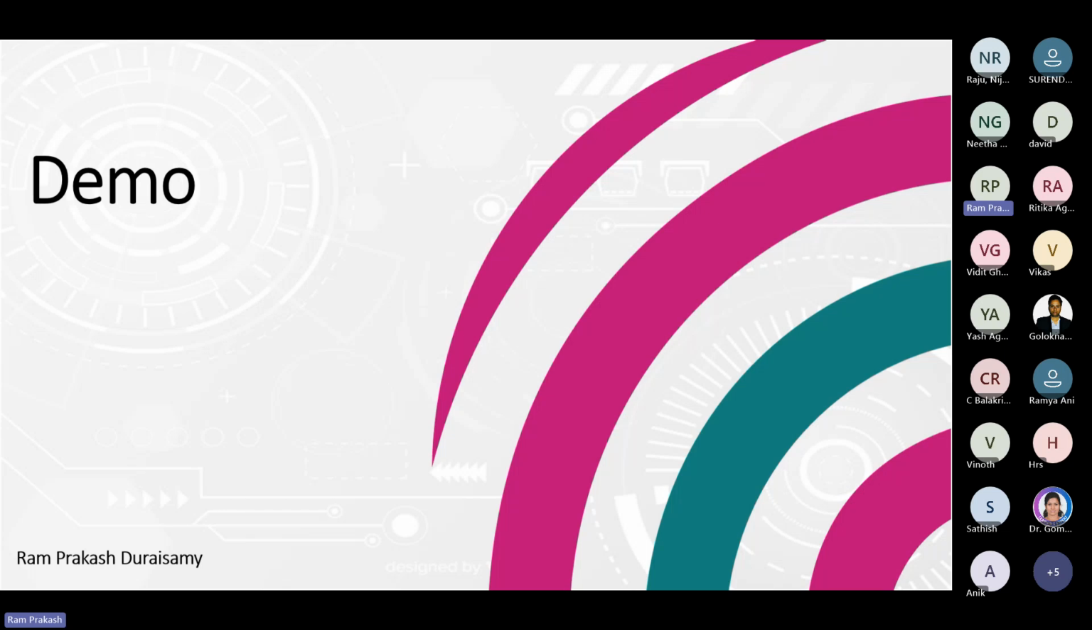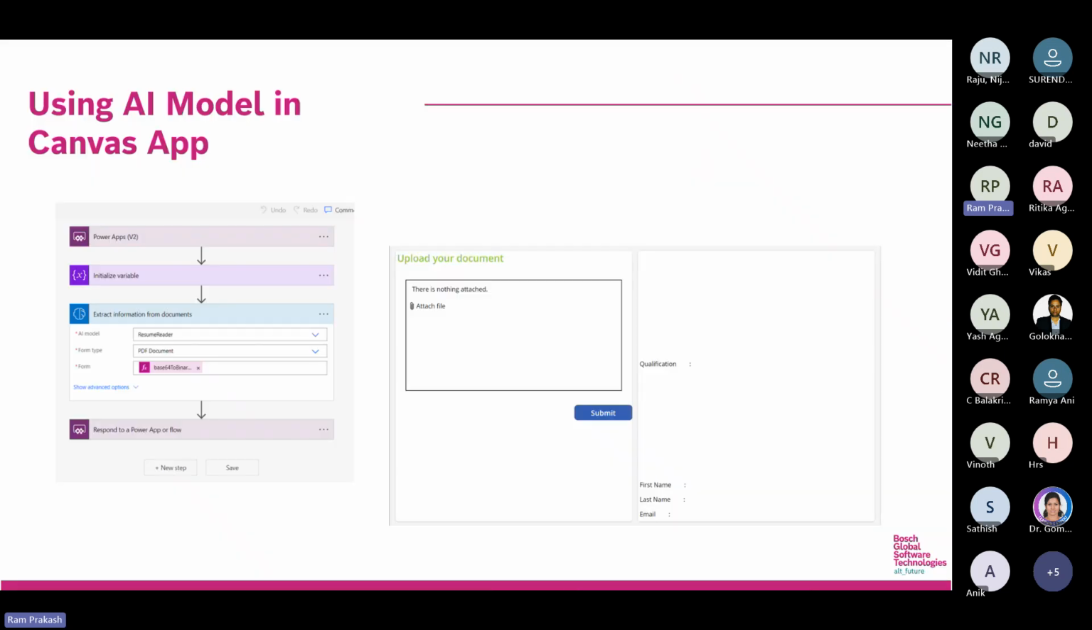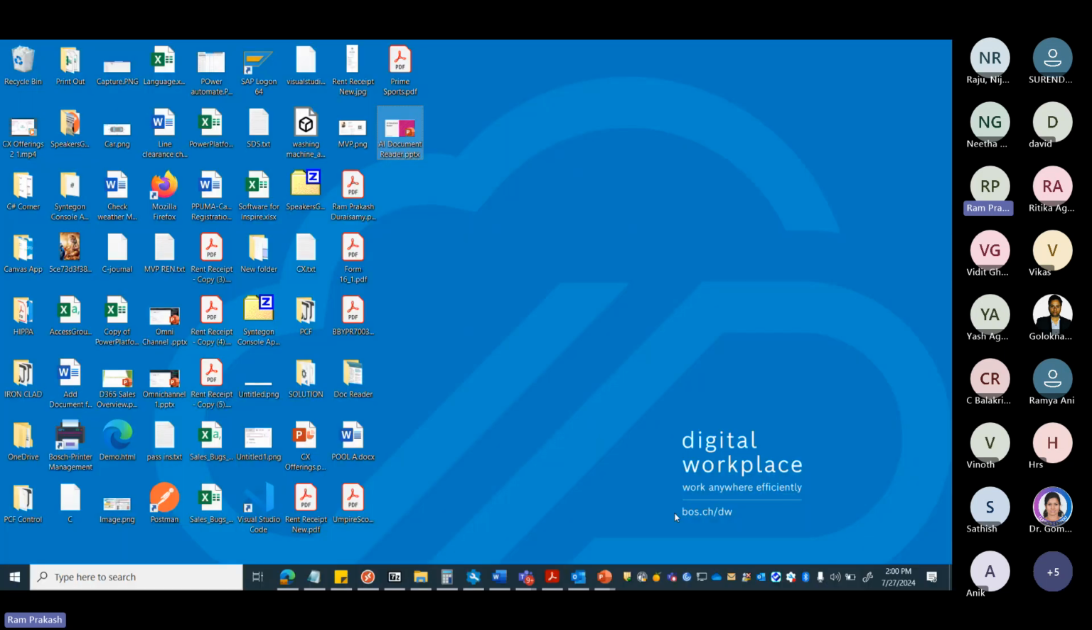Now we'll quickly jump into the demo because I don't want to take it into the PDF, and because of the shortage of time, I'll directly create one AI model with the documents, and I'll show you how I'm training it. Today I'm going to build the same flow that I just showed here. I'm going to create it and show it to you. So first I'll go to my